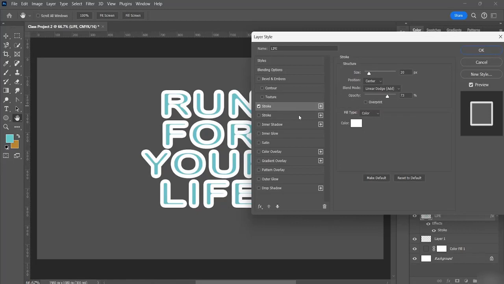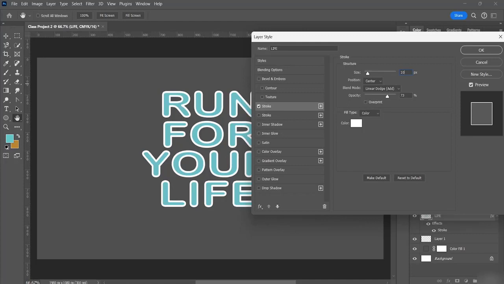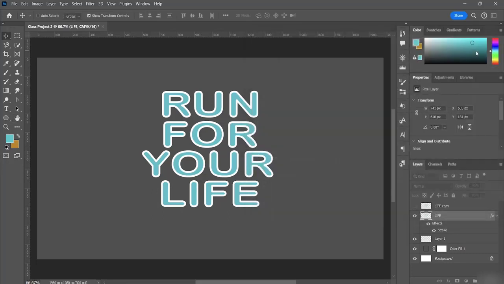So under the layer style, I can come here and put on a stroke. Okay, so I will give this a stroke of 10. Here you can see I have a stroke of 10 right over here, and what I can do is click on the OK option. Okay, so now the next thing I'm going to do